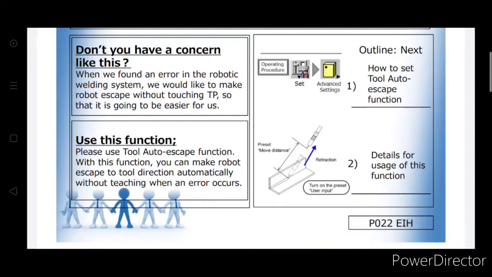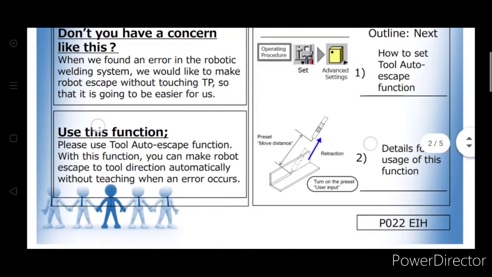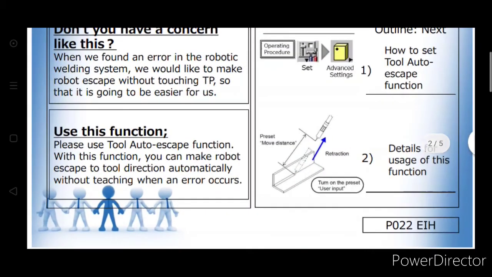When you are using these functions, if any error is found during the welding, then the robot welding torch retracts, and after resolving the error, it comes back to the welding points and continues the welding. This is a very easy and very useful function for the Panasonic robot, because these are the major problems for production and maintenance issues.